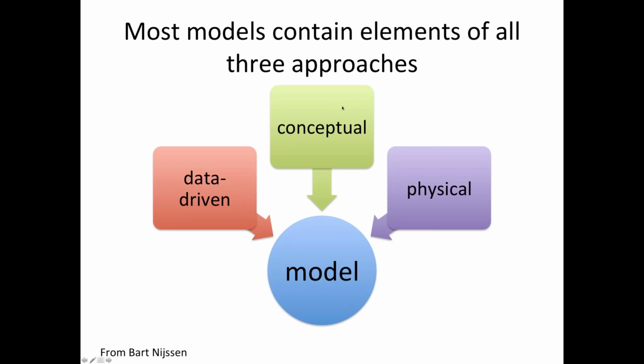We always are working with conceptual ideas of how things work. This is why we always need to look at pictures. We need to look when we walk around the snow. When Matthew Sturm sends you something and says, is this in your model? And you say no, you might want to think about, should it be in my model? If it should be, how should I represent it? Data-driven: I've had some people tell me, why do you go out and try to collect data when you could just model everything? But you never get away from needing data. And then physical equations, just trying to understand the physics better all the time.